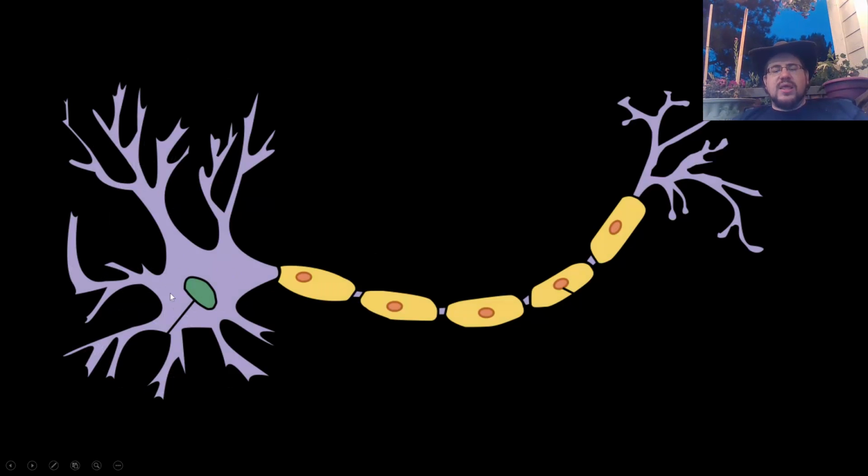Here's the cell body right here. We can identify it because of this green blob, which is the nucleus here. And then coming off of it, we have all these tree-like branches. These are the dendrites, and the terminal end of each of these branches will be connected to one or more axons. So if this is our neuron B right here, we have neuron A up here, and an impulse comes down neuron A, where A meets up with B here at a dendrite. That impulse results in a signal that says, hey, neuron B, continue that impulse. It starts at that connection there in the dendrite,